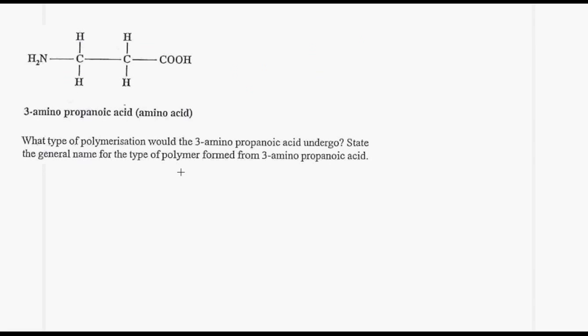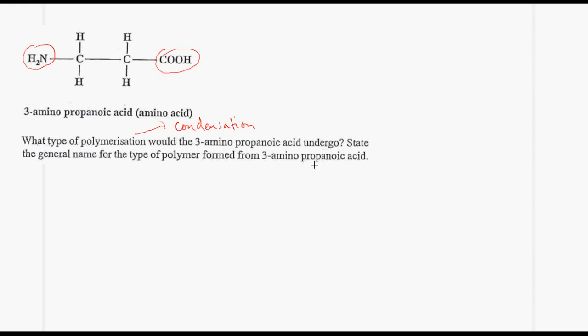In this next question, we have an amino acid. We have 3-amino propanoic acid. In an amino acid, we always have one acid group and we have an amine group present in the same molecule. Now the question asks, what type of polymerization would 3-amino propanoic acid undergo? Now we are not seeing a double bond present here, so therefore it has to be a condensation polymerization. And the question asks, so the first part, type of polymerization, so it is condensation,